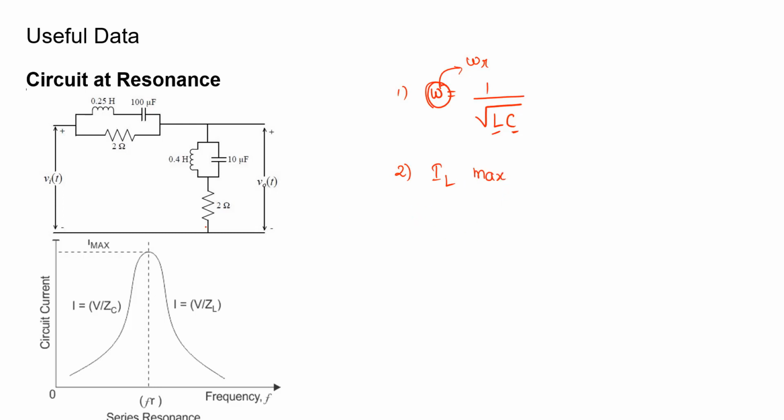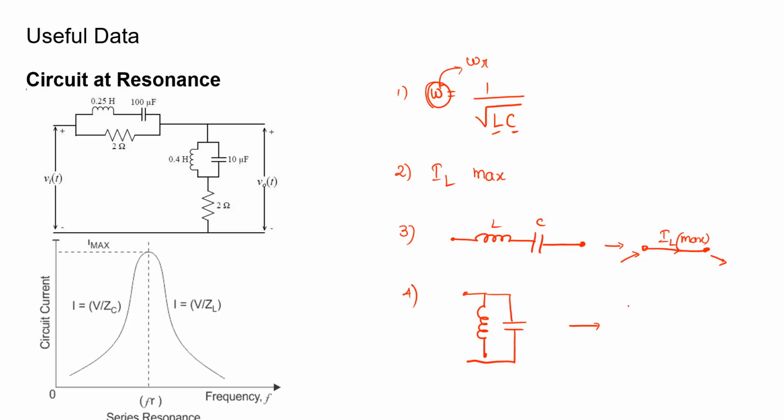Another thing is, if there is a series LC circuit, this is called a tank circuit, then in that case a series LC circuit could be replaced by a short circuit. So this means that whatever current is supplied at this end is received at this end. And at resonance, a parallel LC circuit can be replaced by an open circuit. Then during resonance, the reactance part of the load vanishes. Therefore, the impedance of the load is purely resistive. Having these concepts in mind, we can solve this problem.